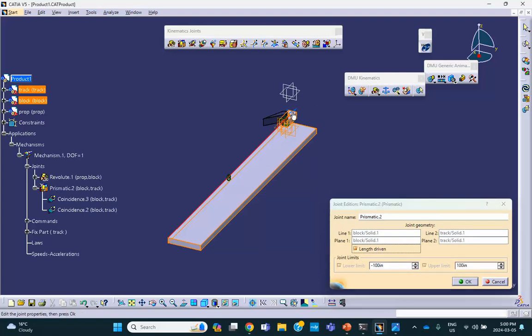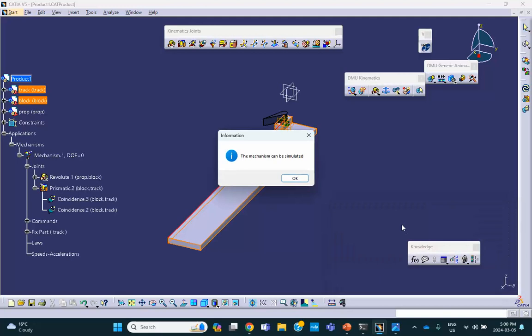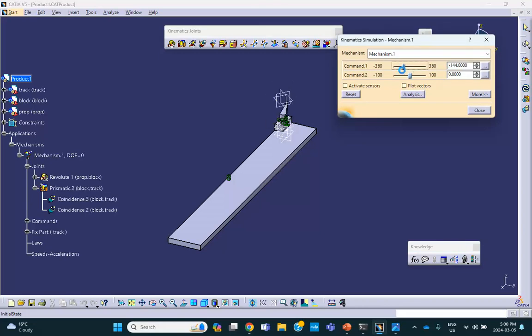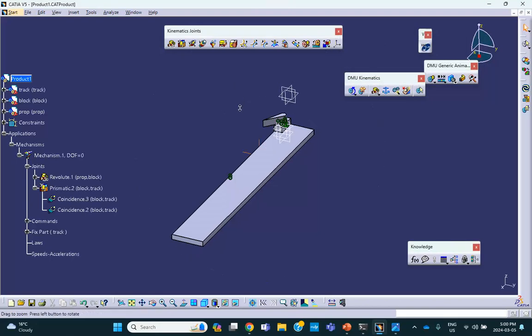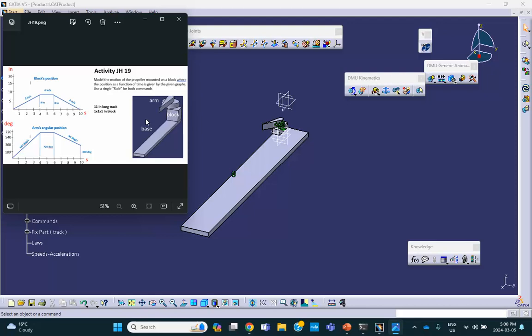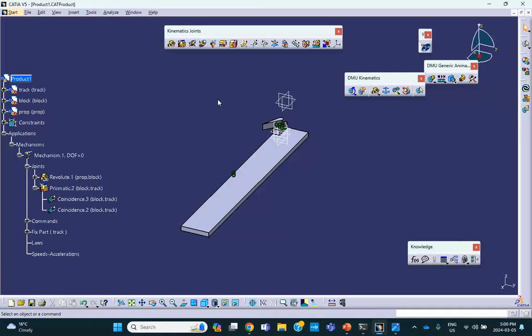Flip this so that it goes the other way around. Okay, mechanism can be simulated, and needless to say that when you simulate it manually, there's two sliding bars, one for the propeller, the other one for the block. Reset it. Okay, good. So how are these tied together? They're tied together to the variable time through these things. Because in this problem it doesn't matter, I can put both of these commands in the